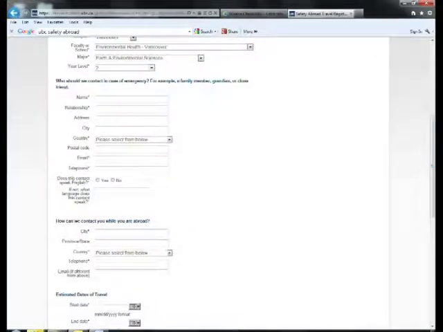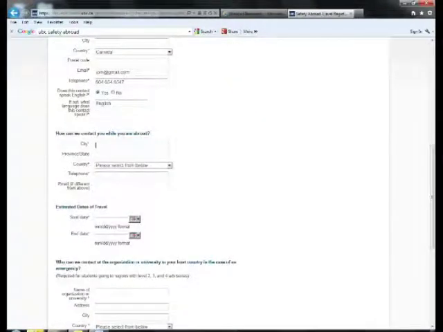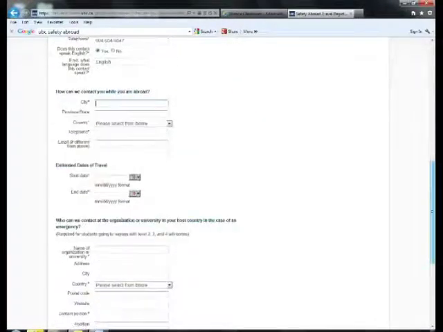Underneath that is who should we contact in case of an emergency? A family member from any country, as long as you give the appropriate email address and telephone number in order to contact them in case of an emergency. How can we contact you while you are abroad? This is where you put your information for when you are abroad, so the site that you will be at. So for example, in Argentina,